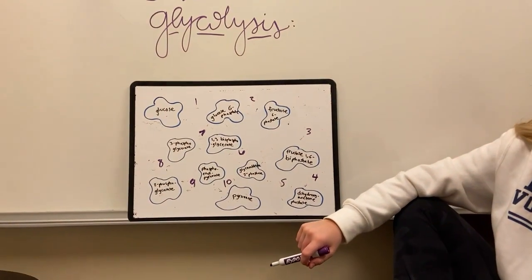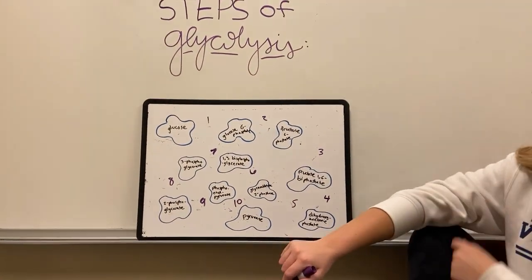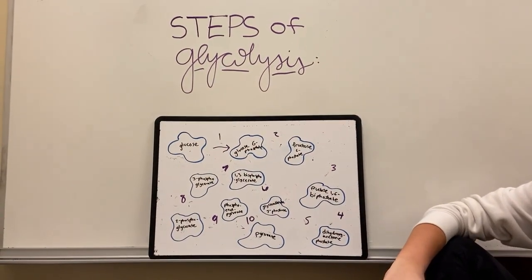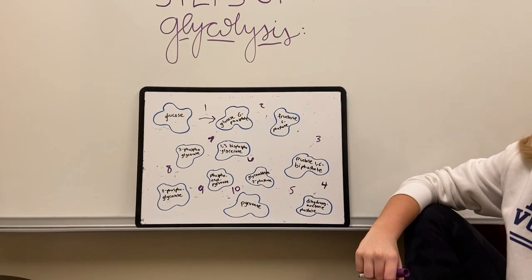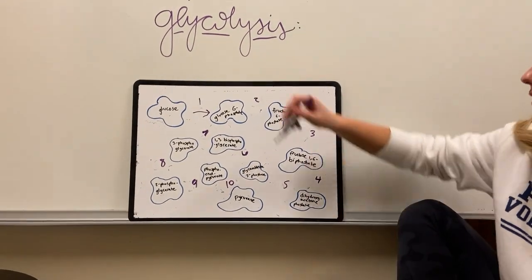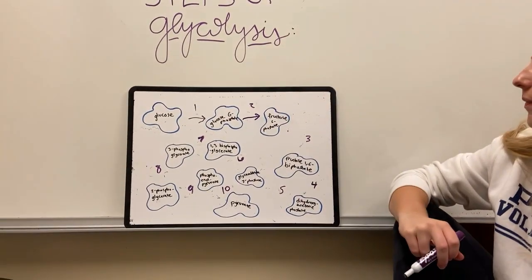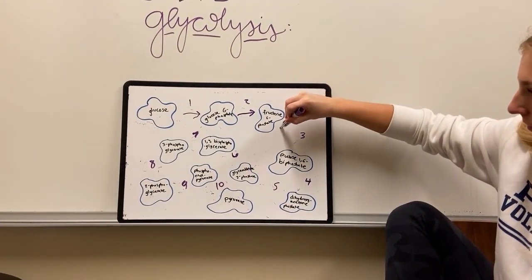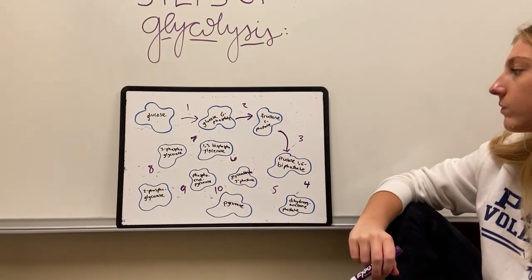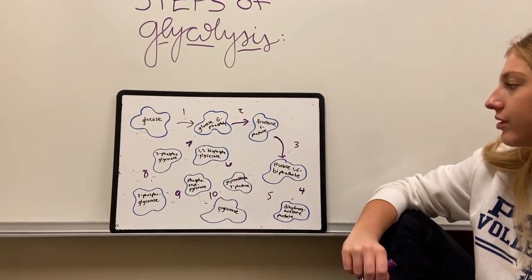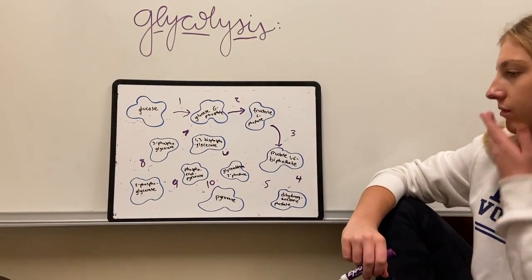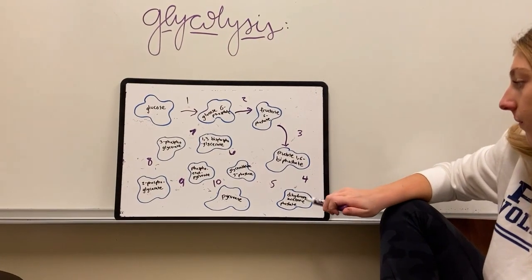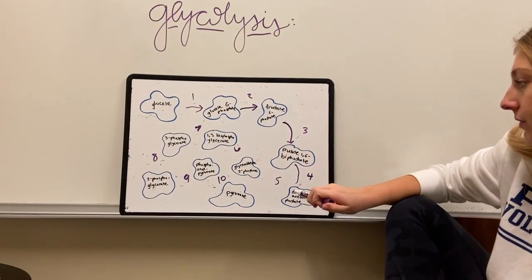In the first step of glycolysis, glucose is phosphorylated into glucose 6-phosphate, which uses ATP and is facilitated by the enzyme hexokinase. In the second step, glucose 6-phosphate is turned into fructose 6-phosphate with the enzyme phosphoglucose isomerase. In the third step, the fructose 6-phosphate is phosphorylated into fructose 1,6-biphosphate, which takes more ATP investment and is facilitated by the enzyme phosphofructokinase. In the fourth step, the enzyme fructose biphosphate aldolase separates the 1,6-biphosphate into dihydroxyacetone phosphate and